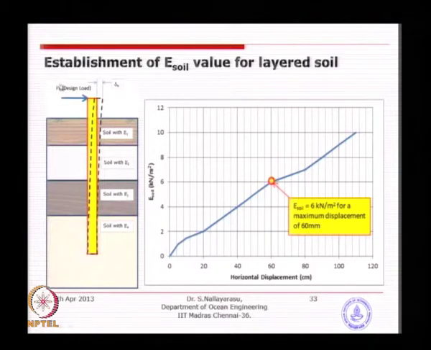Similarly, when you are applying a horizontal load, you also need to apply the load in increments, in several steps, and then plot with respect to horizontal displacement. This will give you a horizontal soil modulus for use in your modification work, and mostly it is easy, something similar to what we were looking at in pile soil interaction software. You can apply load in various steps, obtain the displacements, and plot this type of relationship to get the E value.